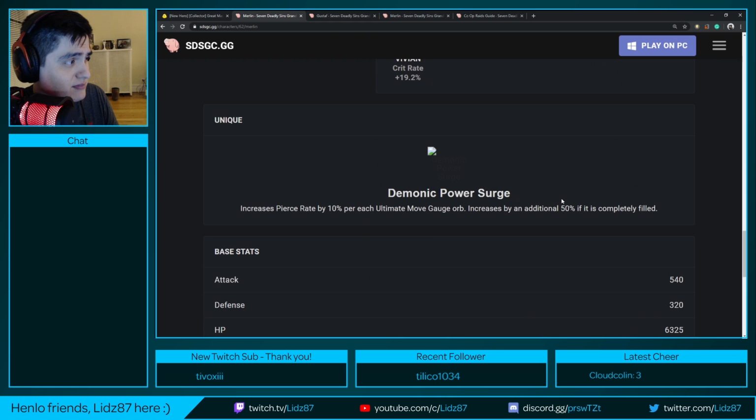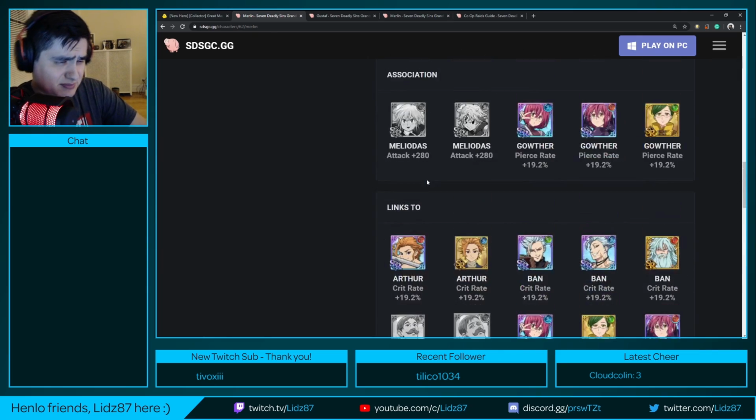And with her unique passive, she will increase pierce rate by 10% per each ultimate move gauge orb, and increases by an additional 50% if it is completely filled. Now,